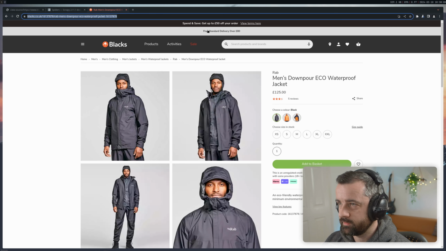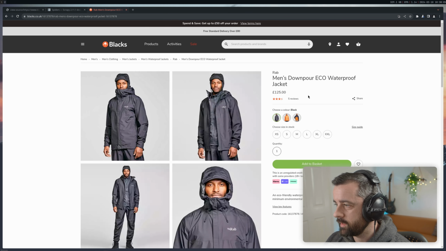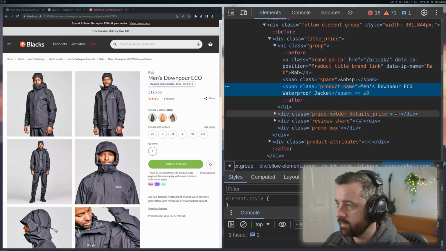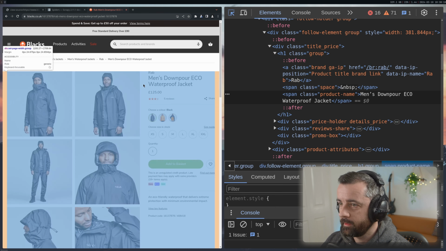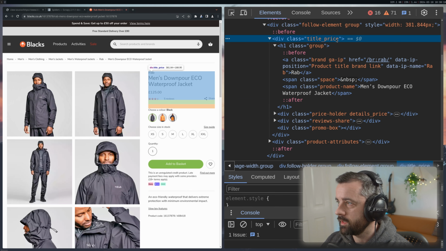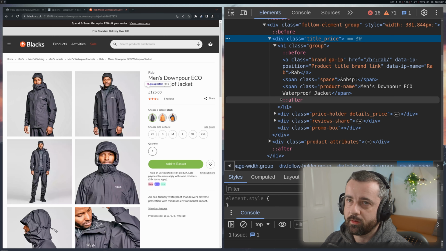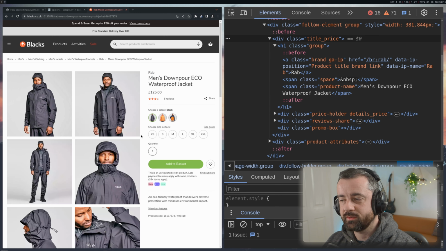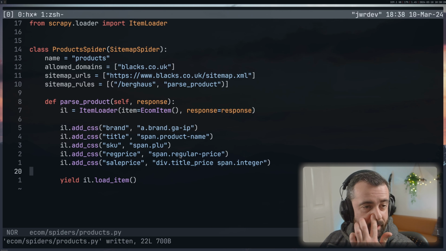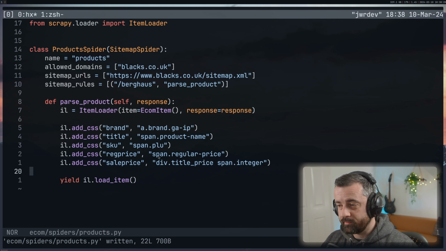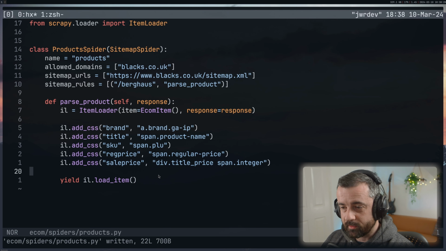Okay, so I've just grabbed these from the site, and if you were to use the inspect element tool, you'll see the selectors that I've used here. Product name, regular price, which is, here's the title price that I used, regular price, and so on and so forth. Any information that's on this page you can parse out. We're just taking it nice and easy and just using this information at the moment to work with our CSS